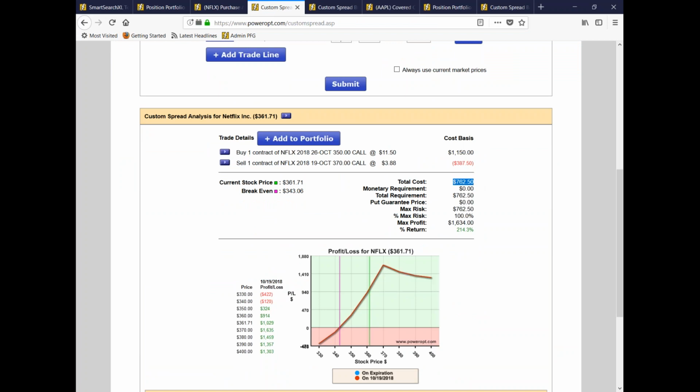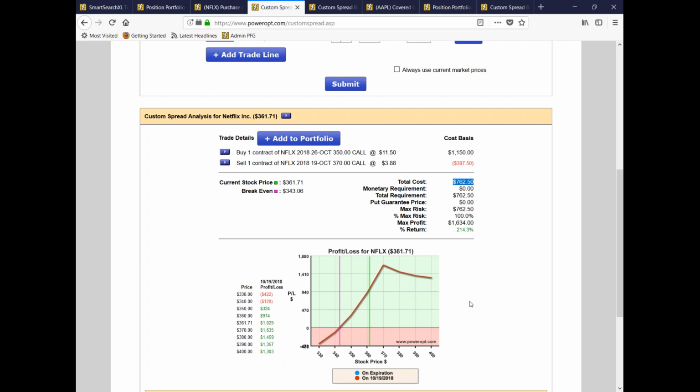Still make a max profit of about 1634 if the stock is right at our 370 strike price, or if it expires, stays below 370 by Friday expiration, then maybe on Friday or come Monday, I can roll this to the 26th 370 or 375 strike, cancel this a little bit more, maybe have a low risk bull call debit